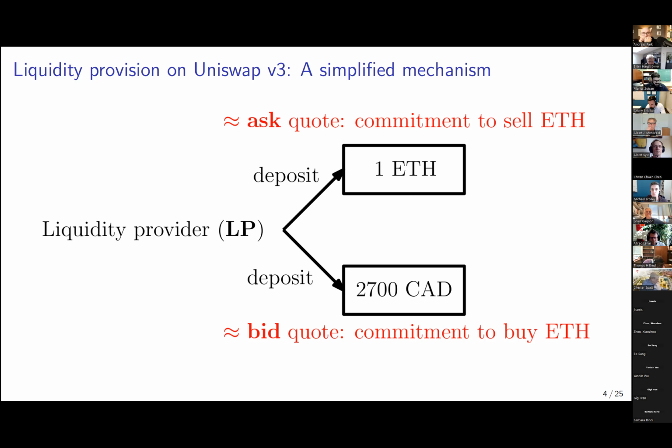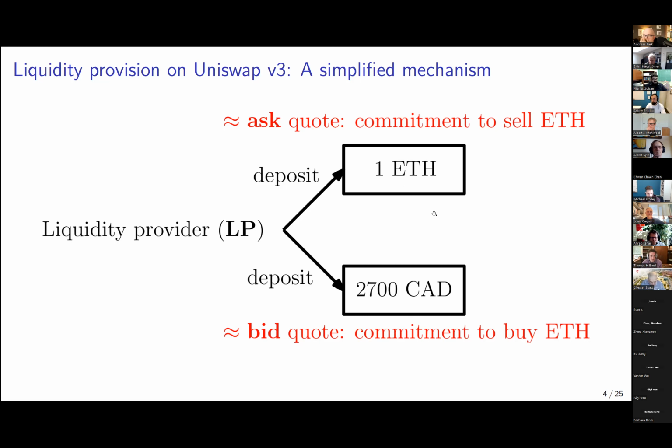So I'm going to give you a very quick primer on how liquidity provision works on decentralized exchanges. Let's say you want to provide liquidity, you're an LP, in a pair like Ether against the numeraire. I wrote here very clunkily the numeraire to be Canadian dollar. There's no Canadian dollar token, but let's assume there is. You will actually have to deposit both assets. You'll have to deposit Ether and you'll have to deposit the numeraire. You're essentially putting them on the market in what's called a liquidity pool.